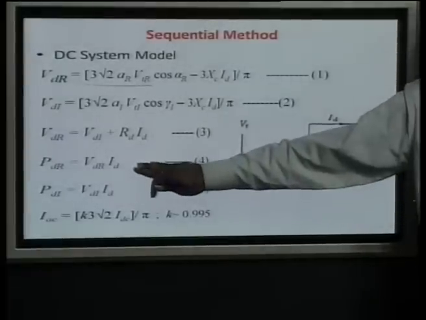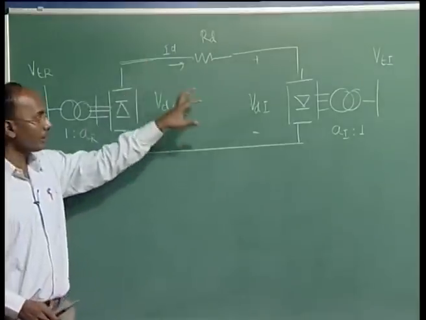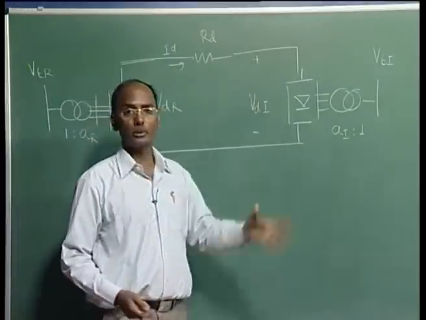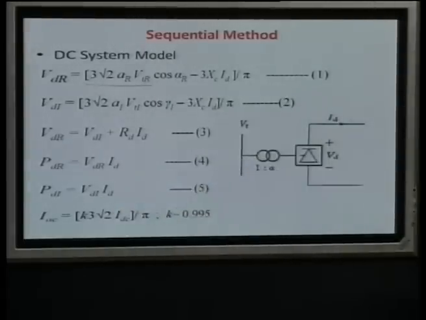This equation is the real power which is flowing here, this voltage multiplied by this, and the real power here, this current multiplied by this voltage is your, this is the I for inverter, it is written. Now,